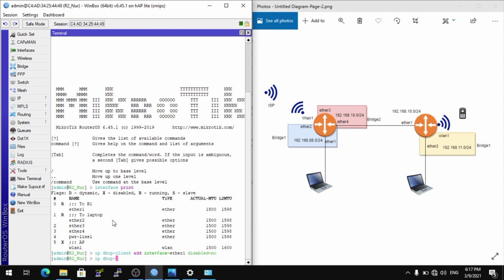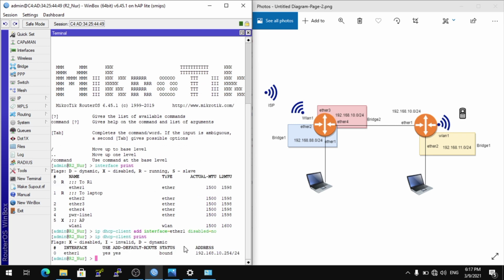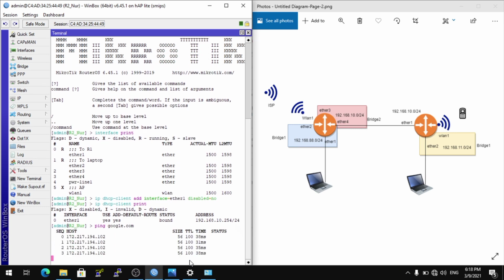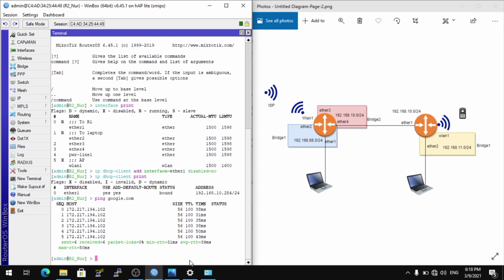Type IP DHCP client print, and this is router 2 getting the IP address 192.168.2.254. And this is router 2 connected to internet using interface Ether1. Check by typing ping google.com. This is router 2 connected to internet.